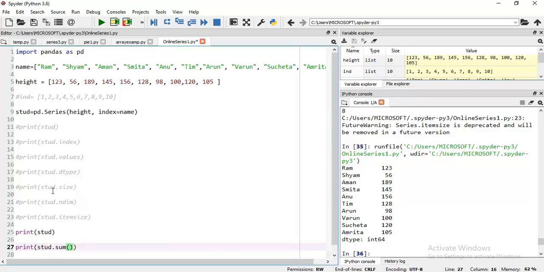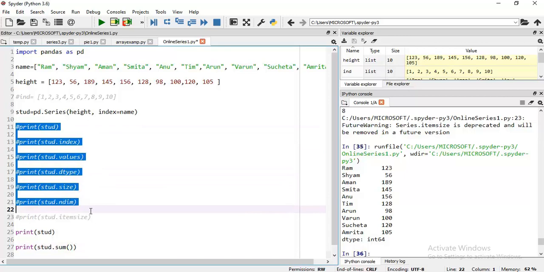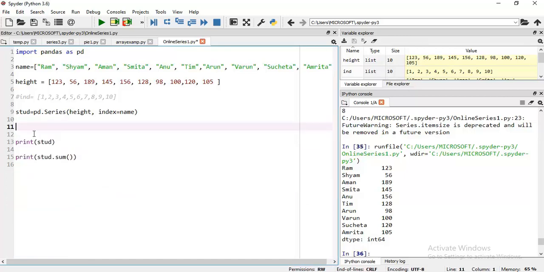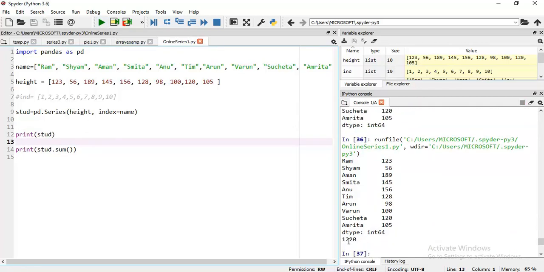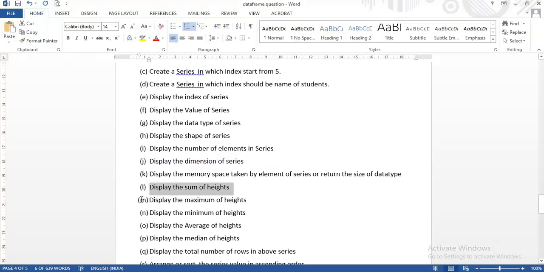Now I have used the sum function. Let me check. Yes, the total height is 1220. It is working fine.